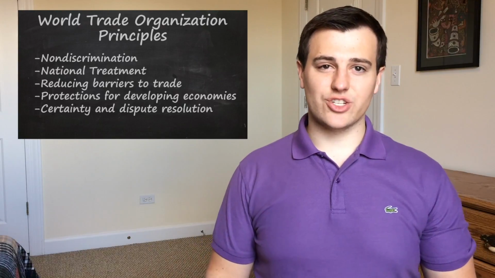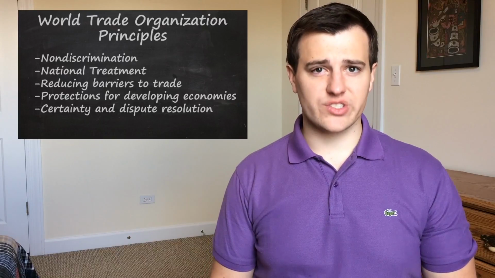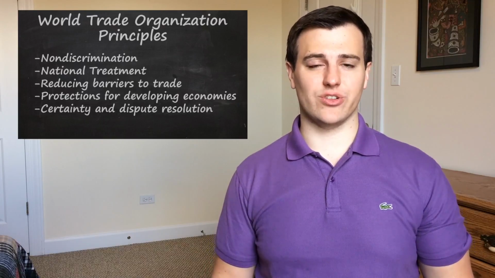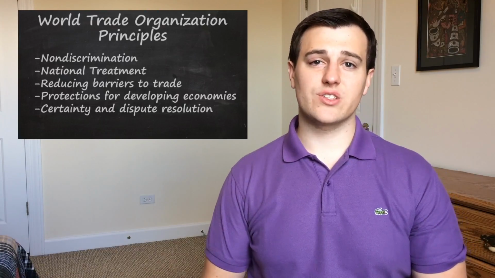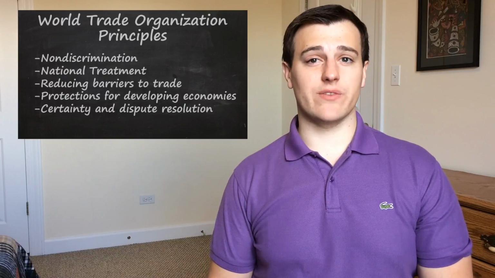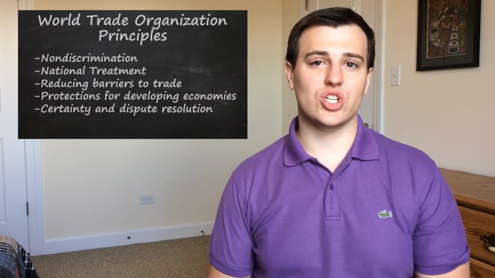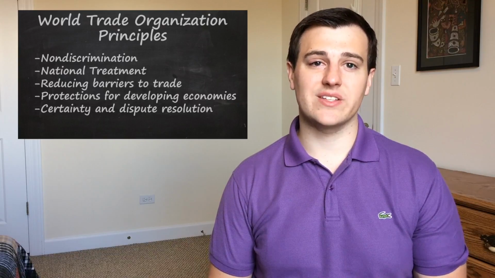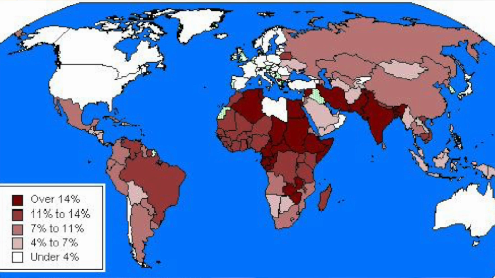On top of non-discrimination, member countries need to offer national treatment. What this means is treating foreign goods the same as domestic goods once they've actually entered the domestic market. The WTO works to lower trade barriers among all member nations. With each round of agreements, member countries have reduced tariffs. The understanding under these agreements is that nations with more mature economies should have lower tariff rates, and developing economies can be allowed to maintain higher barriers to protect developing domestic industries. Average tariff rates range from about 2% for the more developed countries to the low double digits in undeveloped countries.